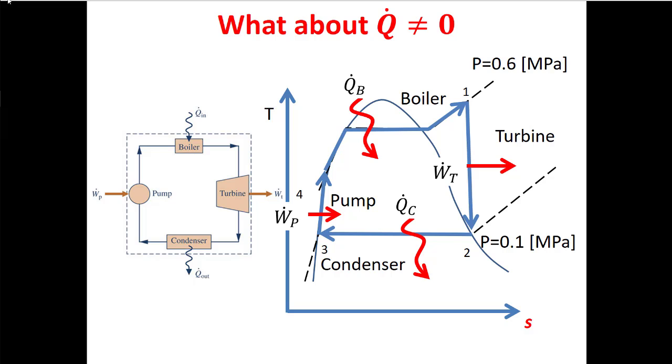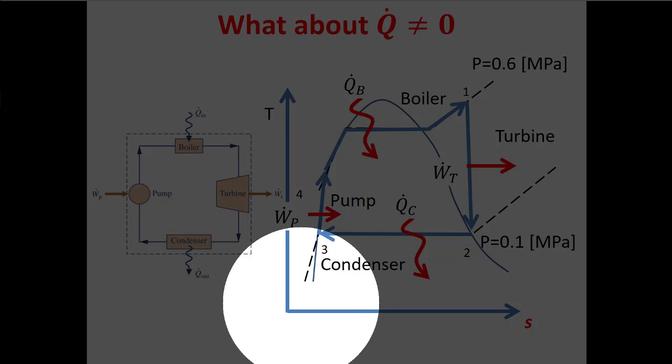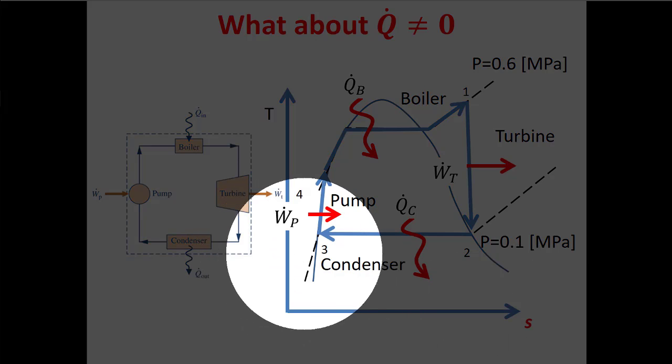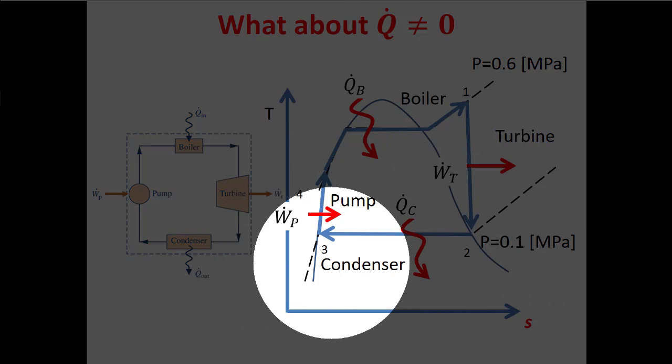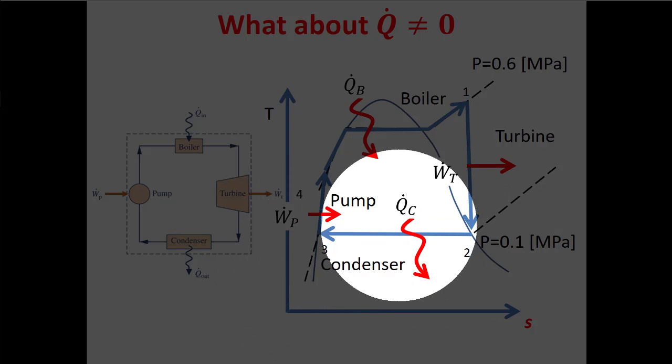So one of the other things that we talked about last class was that instead of drawing TV diagrams, now we're going to draw TS diagrams. So specific entropy is on our x-axis. The good news is that it follows all the same rules of a TV diagram. So here, if you've got a vapor dome, if you're dealing with water, you still have a vapor dome, right? And you still have a constant pressure line that moves up as you go left to right and stays flat